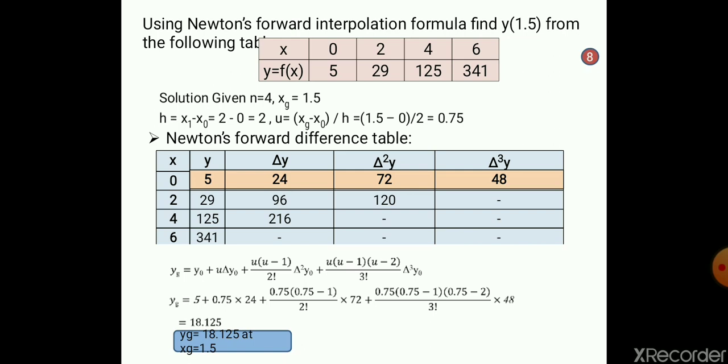So if the problem is for 8 marks, the marks distribution will be 1 mark for the calculation of h and u, then 3 marks for the table, 2 marks for the formula,